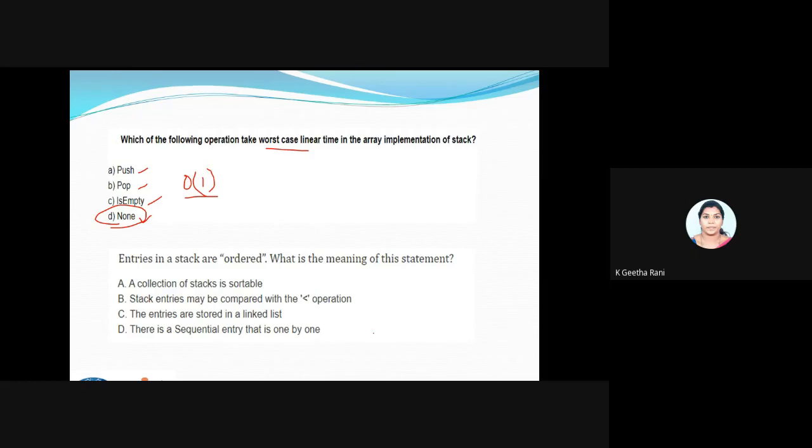It tells you the stack meaning. That's all. Yeah. The answer is good. The answer is going to be the third, the last one. So we'll have a sequential entry, that is one by one. Only I can add the values one above the other. Fine. So the answer is going to be the third one, D part.